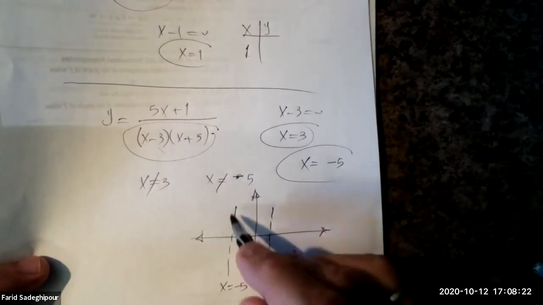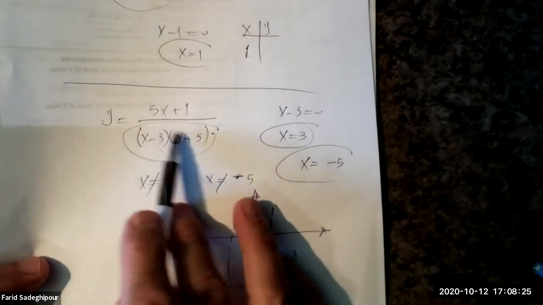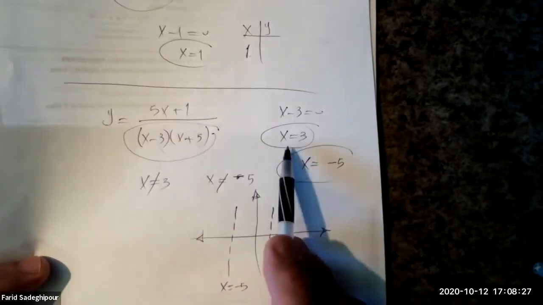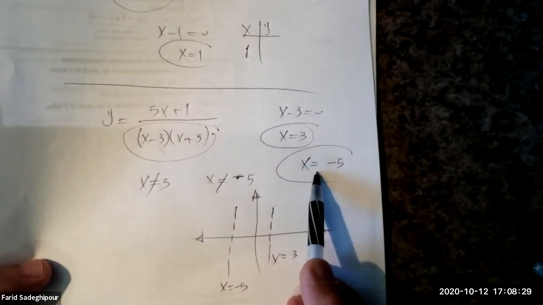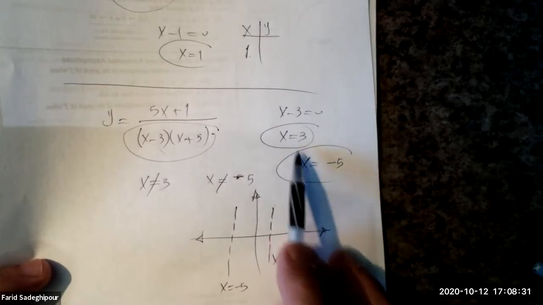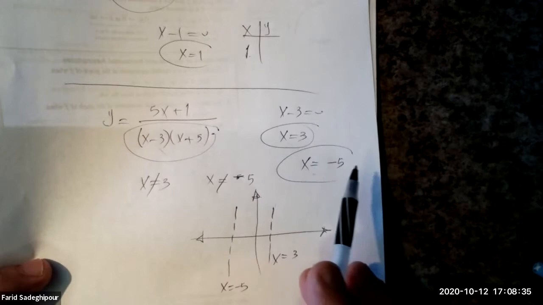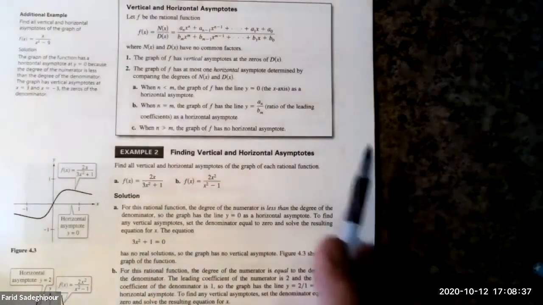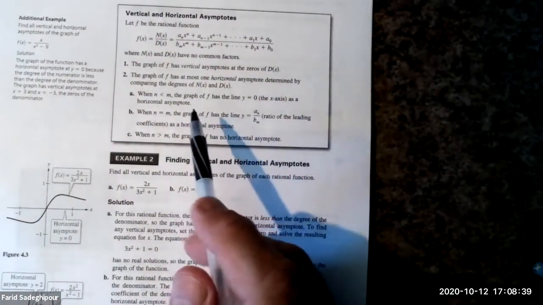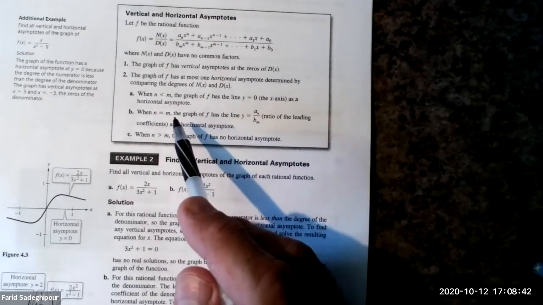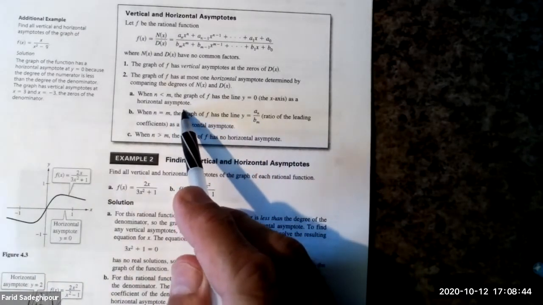To find the vertical asymptote, you take the denominator and set it equal to 0. So these two numbers, since they are not in the domain, you could use them as vertical asymptotes. But for horizontal asymptotes, we have a formula that depends on the highest power of the numerator and the highest power of the denominator. For instance, here,